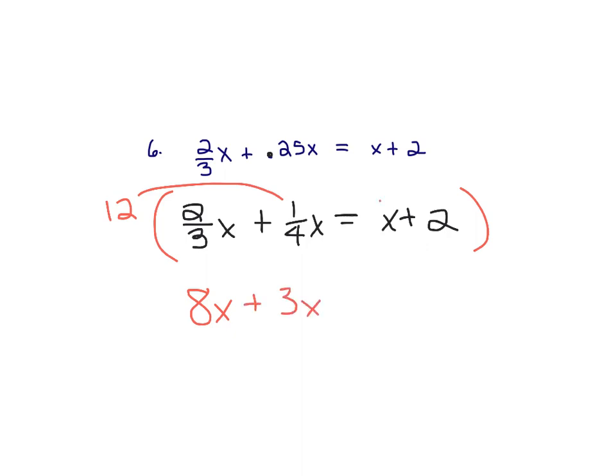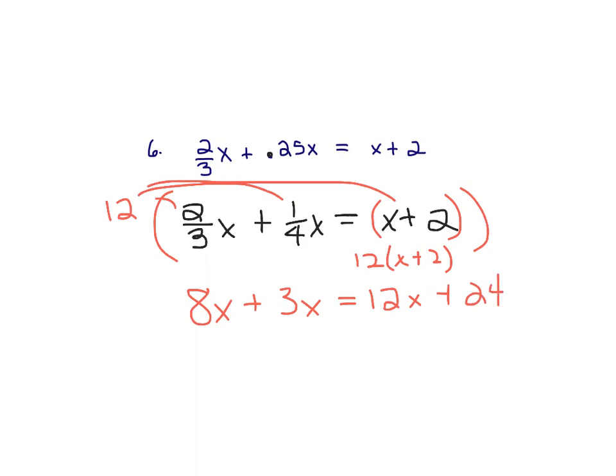And then remember, this is a grouped quantity, so I actually have to distribute it to both the x and the 2. Even though it doesn't have a fraction, you need to keep this balanced, and you need to do it to every term. So then this would become 12x plus 24. I now can begin to group my like terms. So when I group these two, I get 11x,